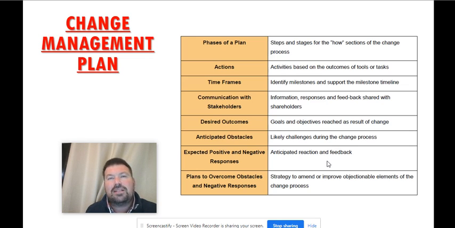Then, what are the expected positive and negative responses? So, who will be the negative and who will be the positive, and what will they say? So, we need to sometimes go through all the stakeholders and all those who will be affected and be aware of what the reactions are going to be. And sometimes we can actually then start to communicate about what we think they're actually going to say, and that sometimes calms the nerves and allows them to buy into our process rather than push against our process.